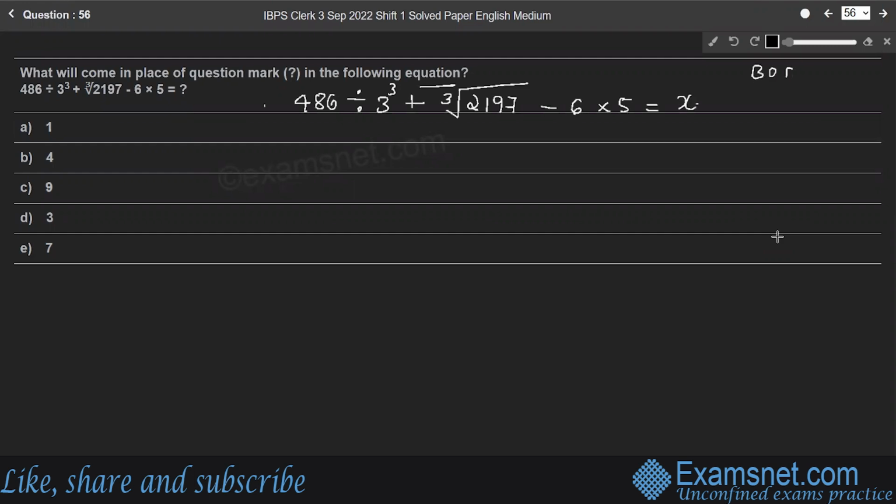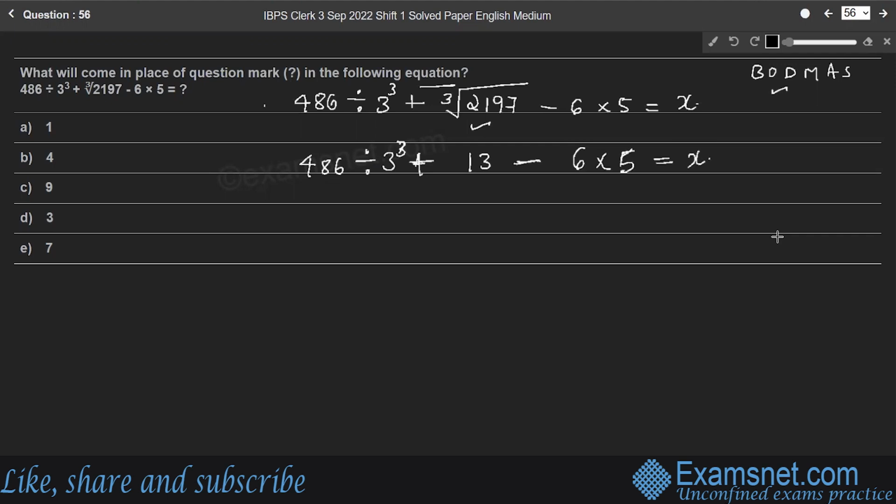So again by BODMAS rule, let us start with the of part here. So 486 divided by 3 cube plus here of part is cube root of 2197. It is 13. 13 cube is 2197. Right? So you can verify the answer by factorization method. Minus 6 into 5